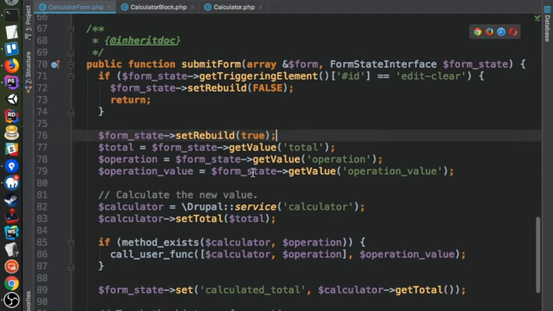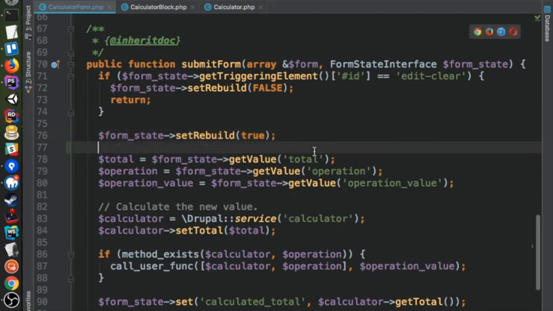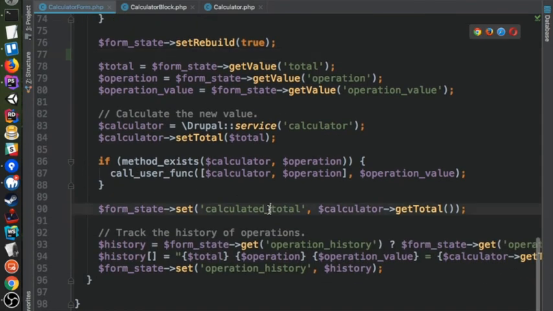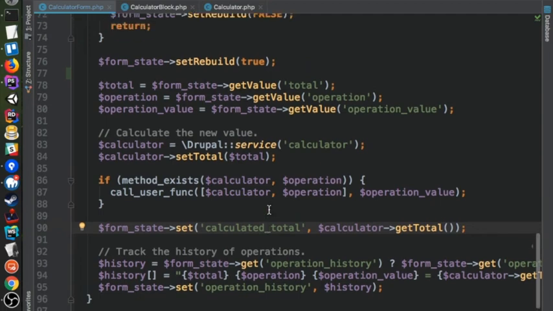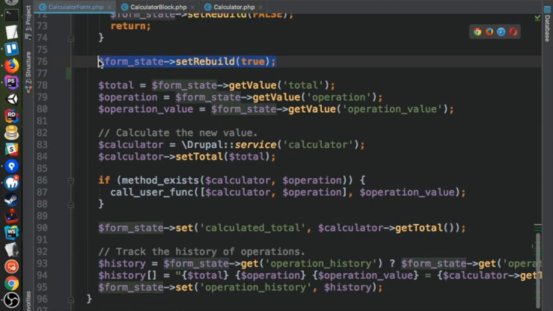I missed. Oh, there it is. Form state set. Okay. Yeah. So if you want to save something between the form states, you just set the value. Yeah, and this is setting a value in the form state, and I'm able to get that value back out of it on the form reload because I tricked the form state into thinking you're not done yet. It's a combination then of setting it and then